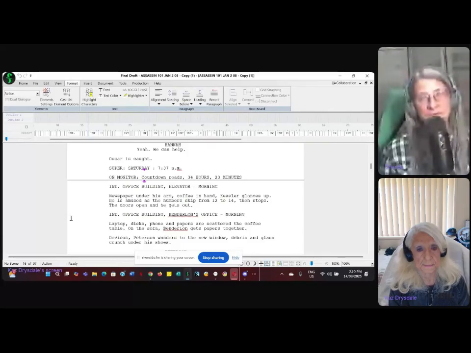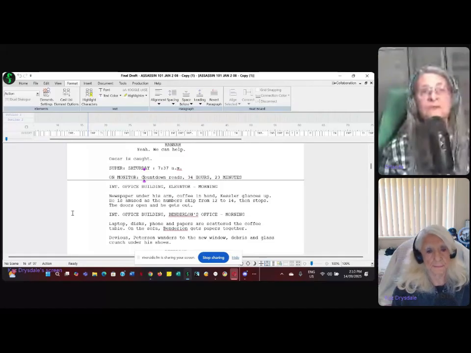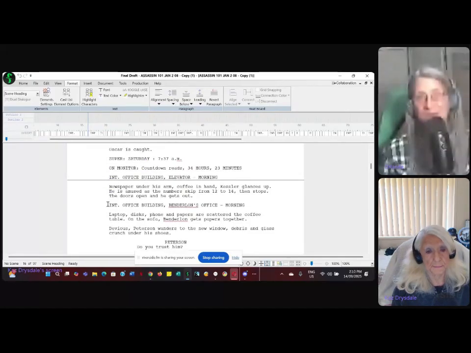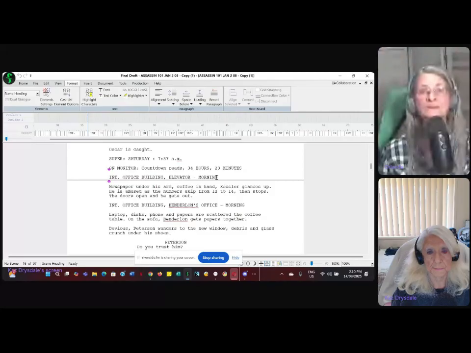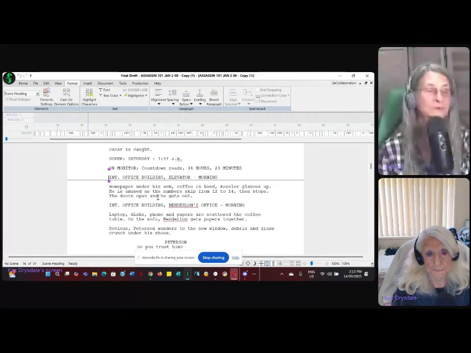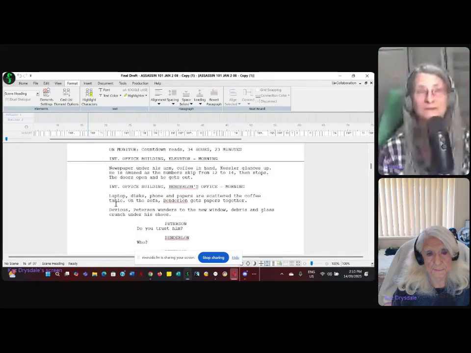The original one was an exterior. But now what we're dealing with is things that are happening within this particular office building. So you have the elevator, and then you have Benderlon's office, which is one of the characters in the script. And as we go down, you will see a few other locations that are within this particular office building.